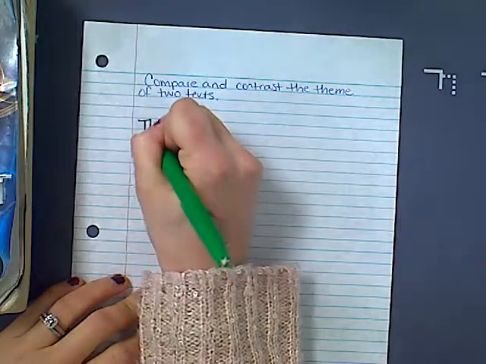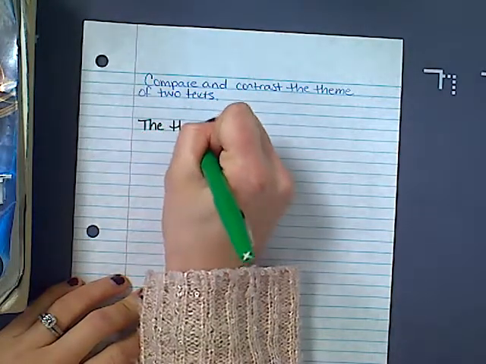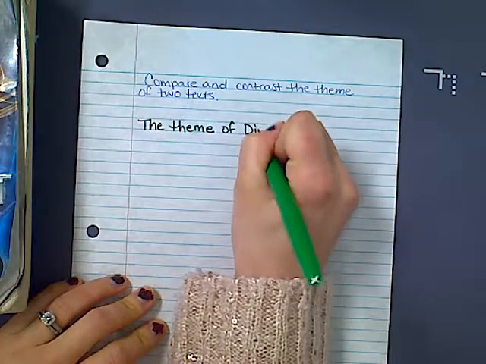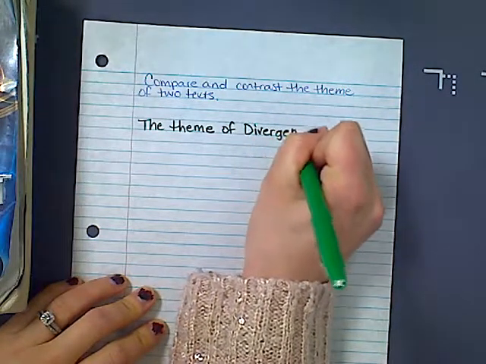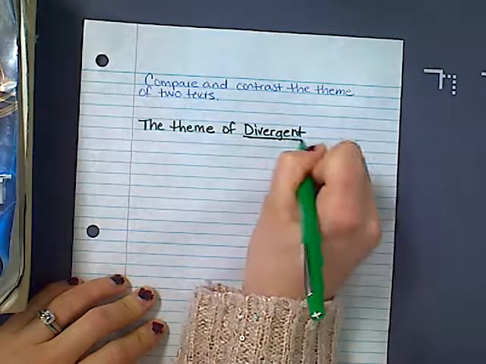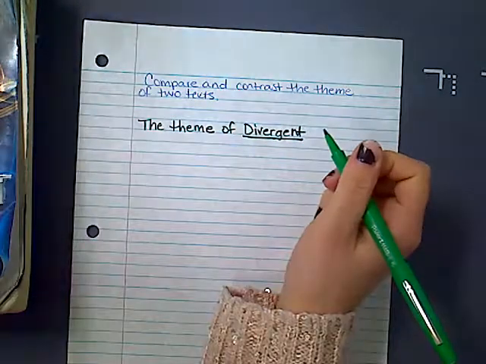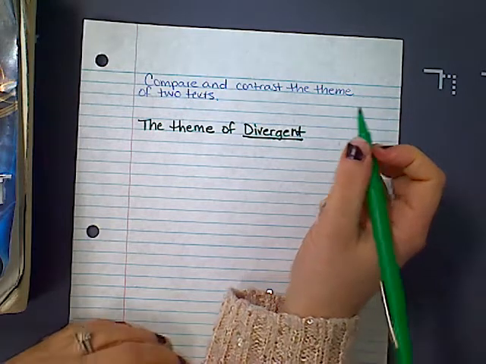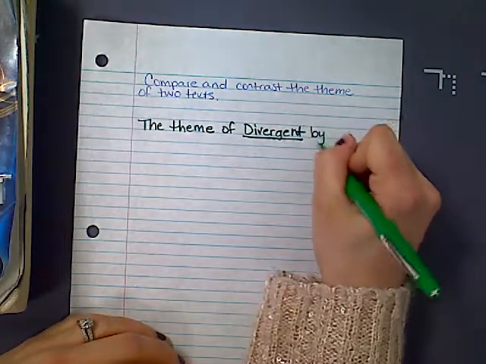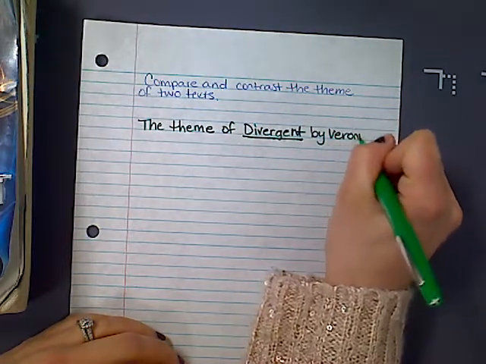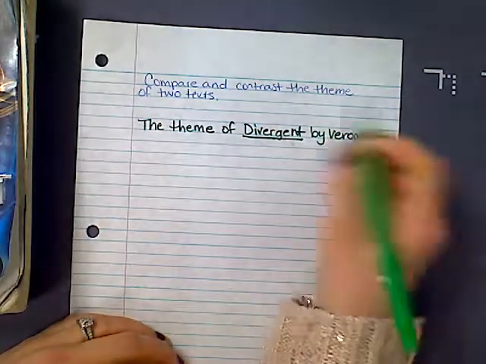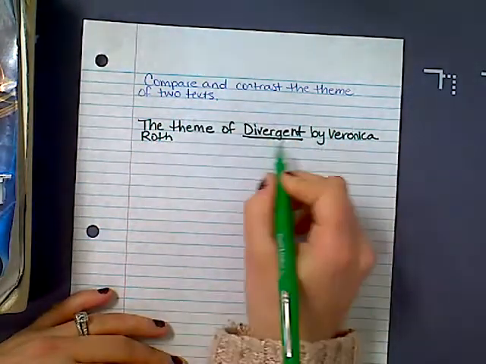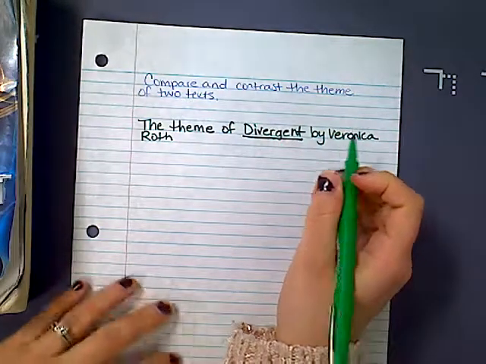I need to clearly state the topic that I'm analyzing, which is theme. So I might say the theme of Divergent, and since I'm giving the title of the text, I want to underline it. You always want to include the title of the text you're analyzing in a literary analysis thesis. I'll also add my author. Notice my title is underlined. It could also be italicized if you're typing. So I could say the theme of Divergent by Veronica Roth is